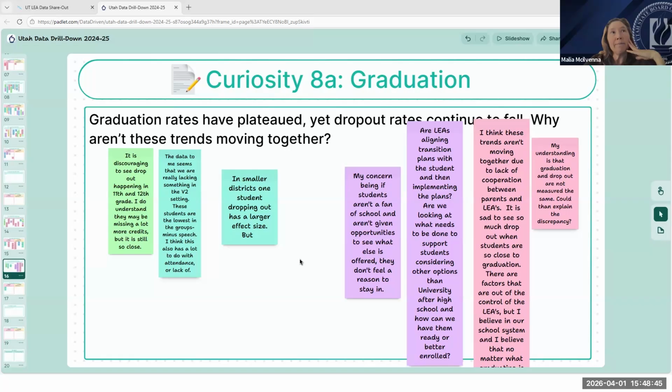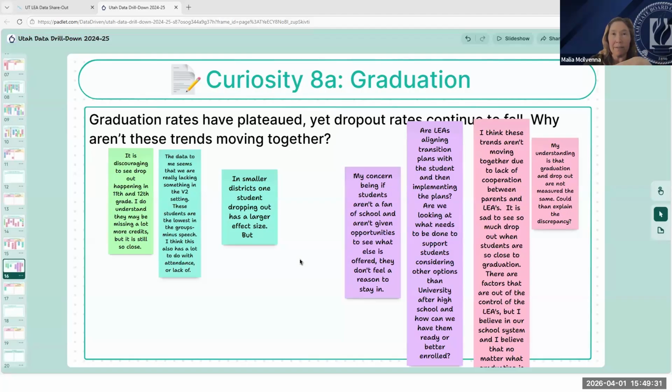But also, the graduation rate is kept low because this data set has students, super seniors, retained seniors who end up aging out, who end up earning a certificate of completion, earning that alternate diploma, which does not count as a graduate in the indicator one rate. So we have things going on that are keeping this rate from ever being able to